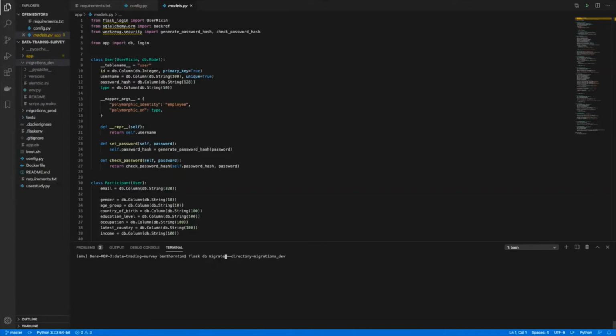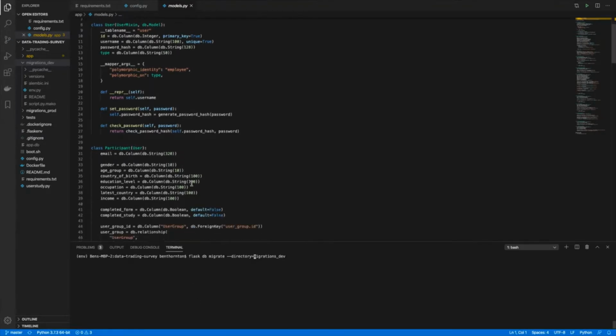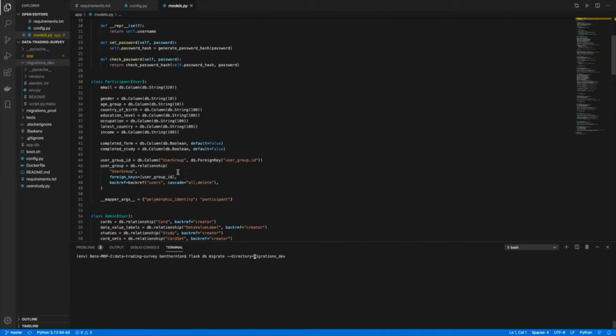So once we've created the migrations dev folder, we're going to need to migrate the schema found in this file here to some commands which can then go and update the development database that we have. So we're going to use this migrate command to do that.